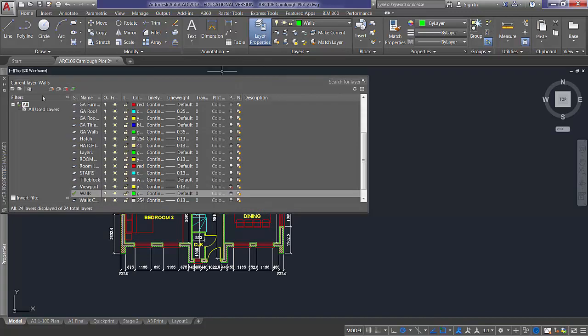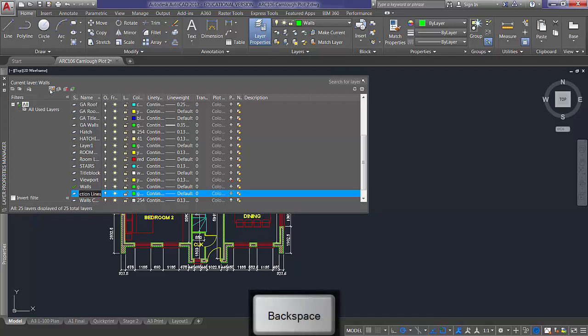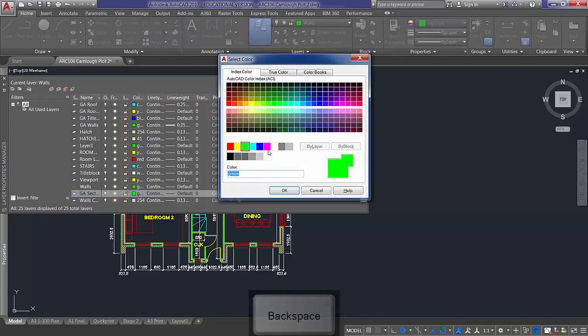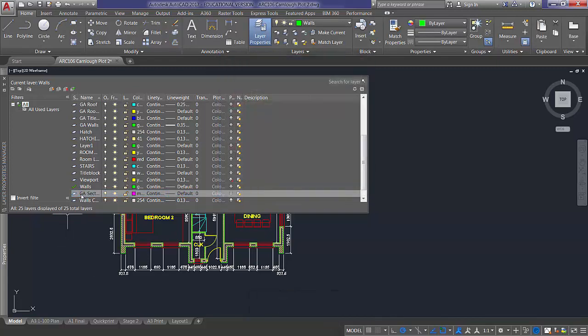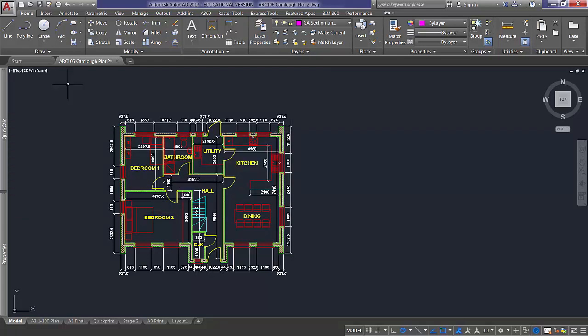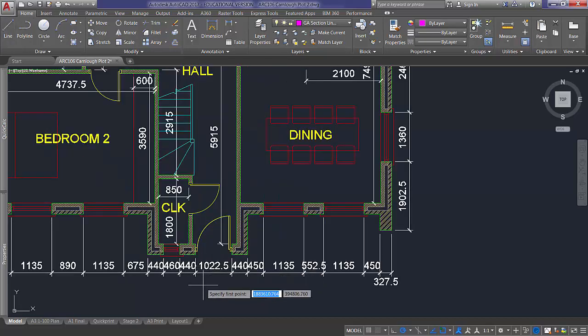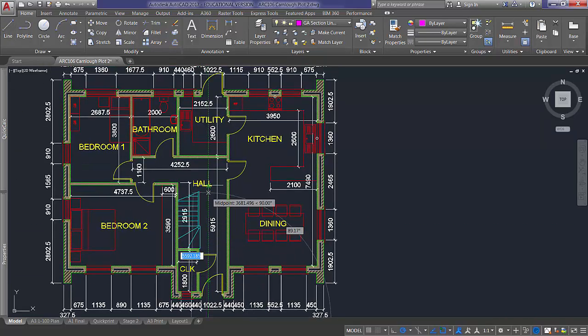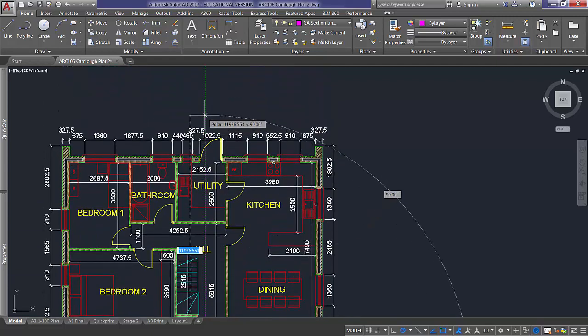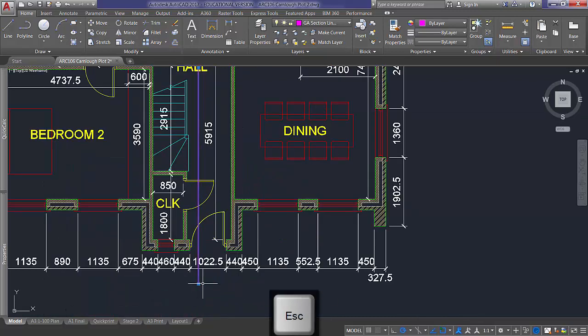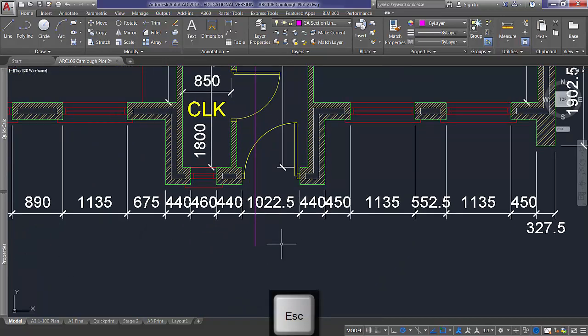So first of all, let's create a layer, new layer, and we'll call it GA section lines, and we'll make the color magenta. Okay, and let's just make sure the layer is current before we close that window, and let's try taking that through just at the side of the door here. Make sure that's 90 degrees. Okay, and maybe just extend that slightly more there,